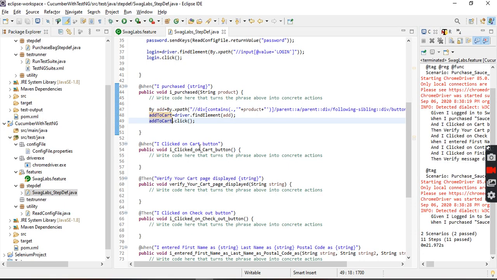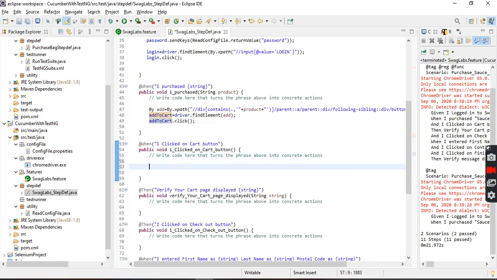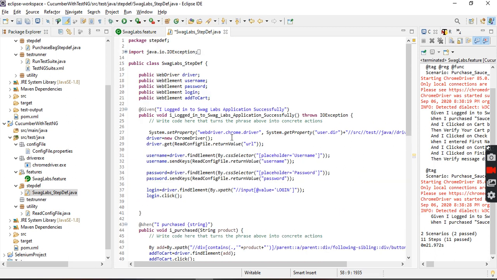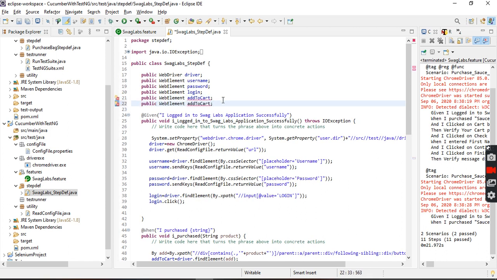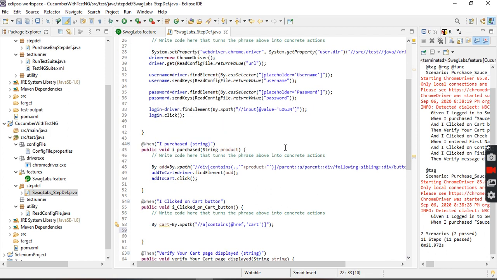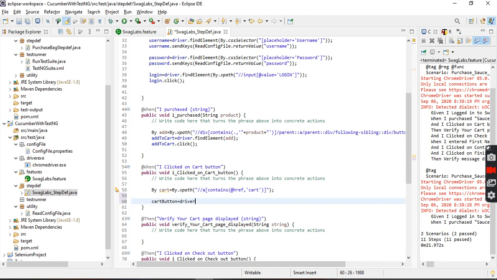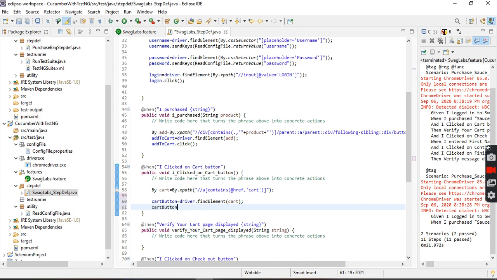This one is a cart, right? By cart, By dot XPath here. This one, and click it.